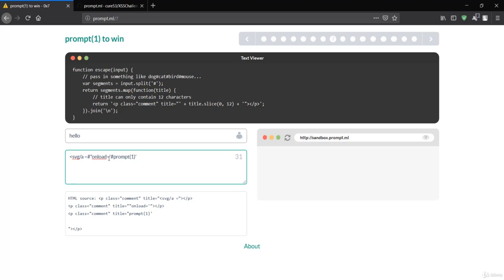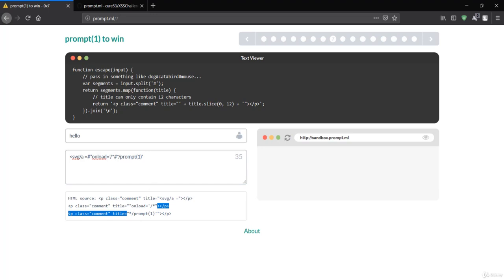So I'll put the escape character here, and I also have to put this asterisk and the same over here, because this is the way to comment. If you see here, it has been commented now. That means this part has been commented, because anything after this onload is useless, because we don't want this whole part to be included in the payload.